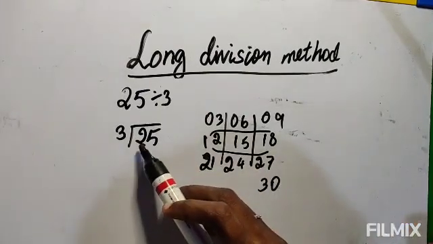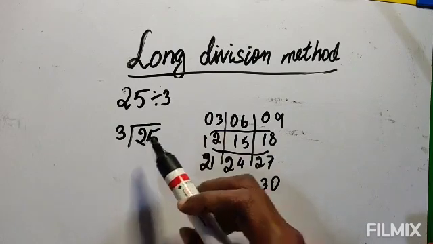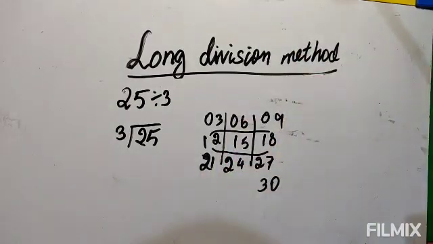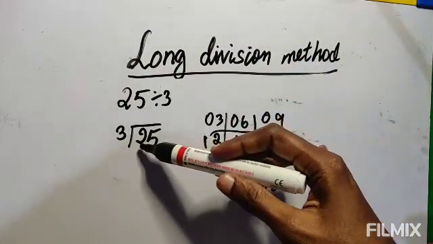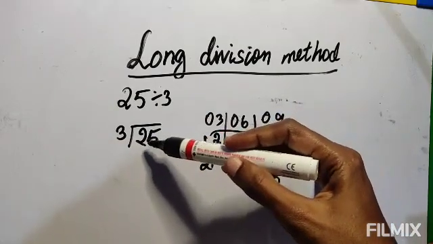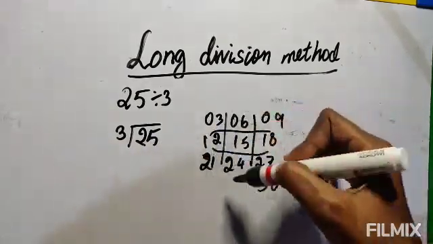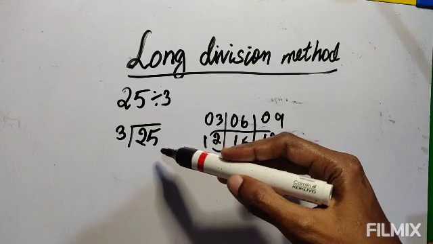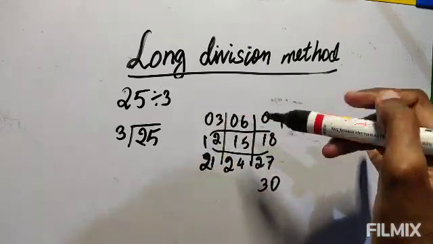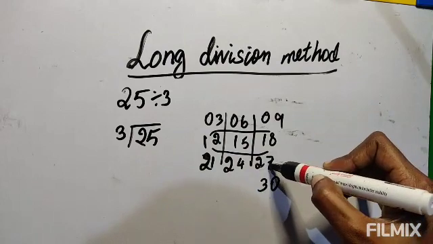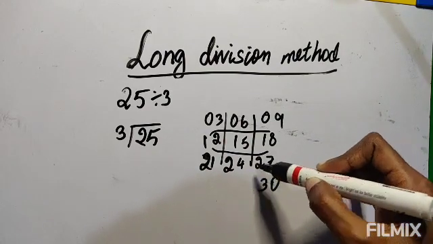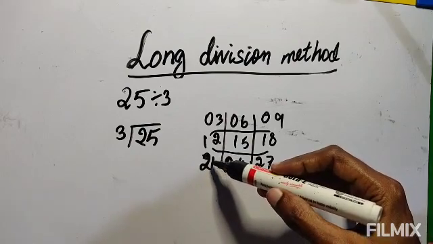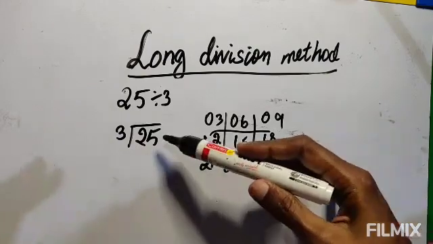Now we have to see whether 2 is here or a number smaller than 2. Here the smallest number is 3, and smaller than 2 there is no number. So we will take 25 together. We have to check whether 25 is here. 25 is not here. 24 is there, 27 is there, but 25 is not there. So you will see which number is smaller than 25. 27 is bigger than 25, and 24 is smaller, 21 also is smaller. You cannot take any number smaller than this; take just the one before this number.